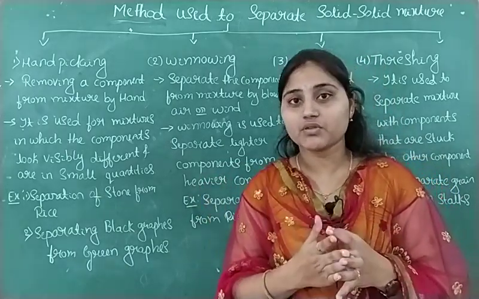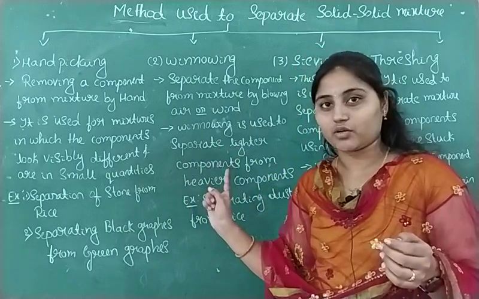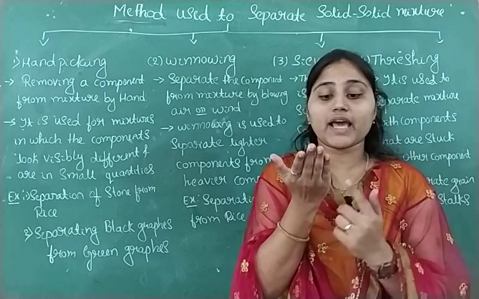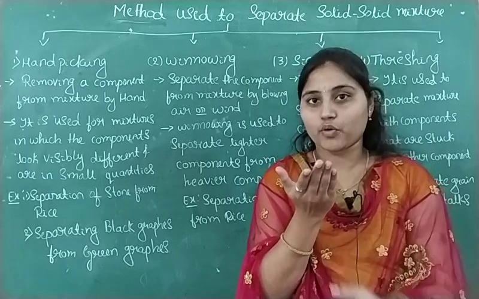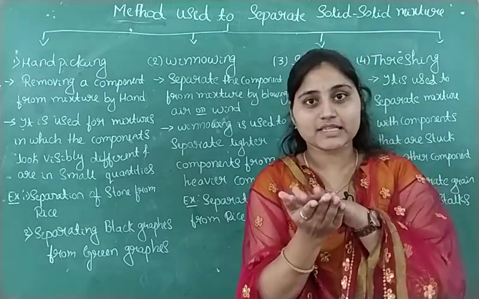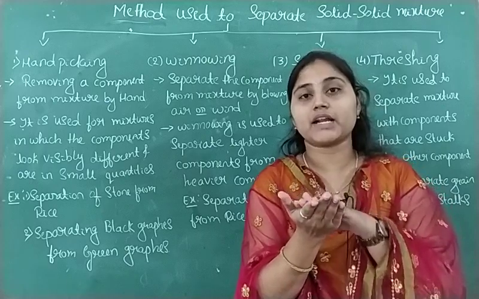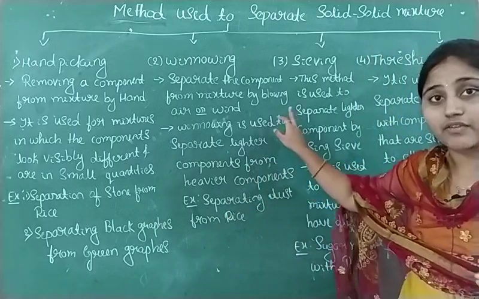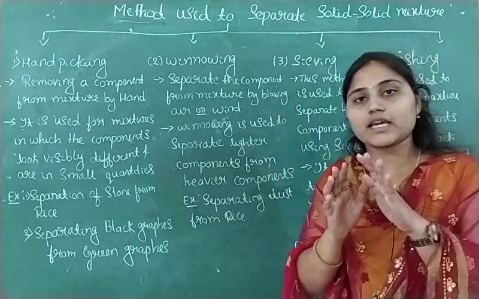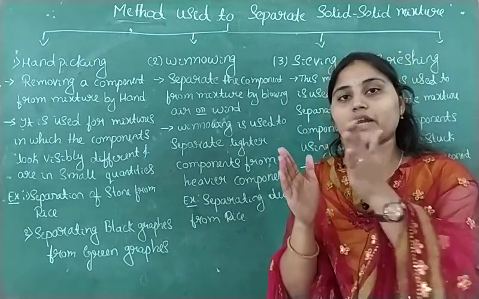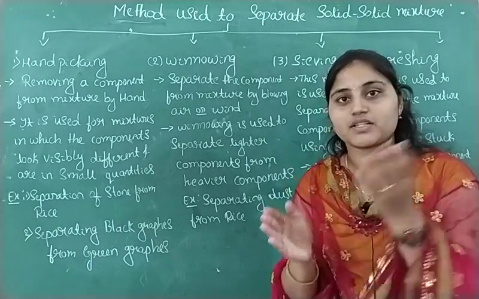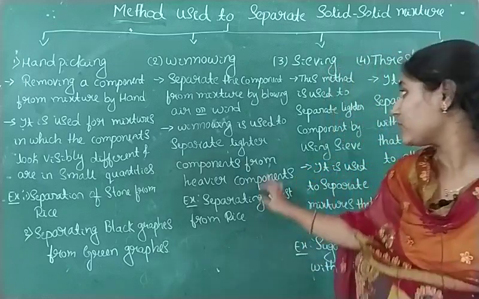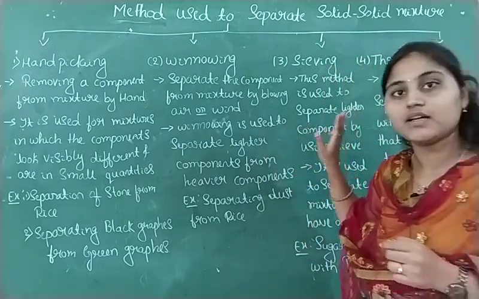So which method are we using here? The sieving method. You know already about the sieve, correct? So by using the sieve we can remove the sugar powder from the mixture, in the sense from the rice. From the rice we can remove the sugar powder, that we call sieving. That is, components of different sizes. Rice is a different size compared to the sugar powder, the sugar will be smaller compared to the rice. We can remove it by using the sieve. This is the third method.